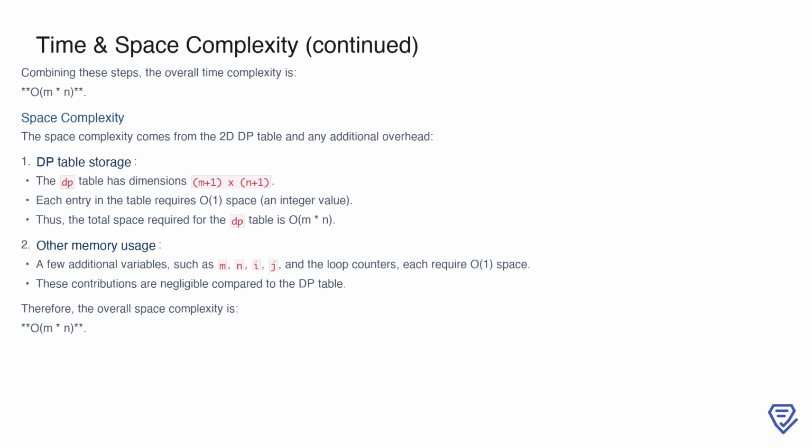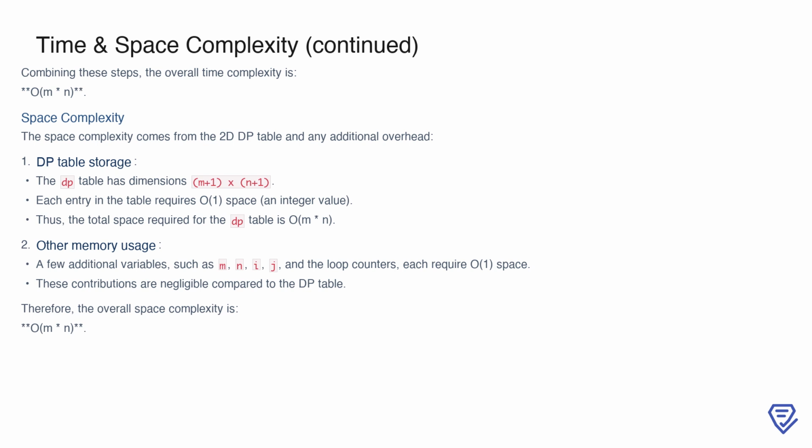Now let's analyze the space complexity. The primary contributor to space usage is the 2D DP table itself. With dimensions m plus 1 and n plus 1, it requires storage for all of its entries. Each entry is a simple integer, which means the total space required is proportional to the table size, resulting in